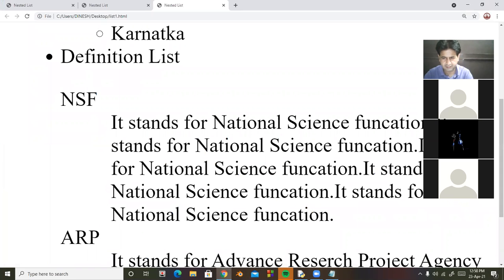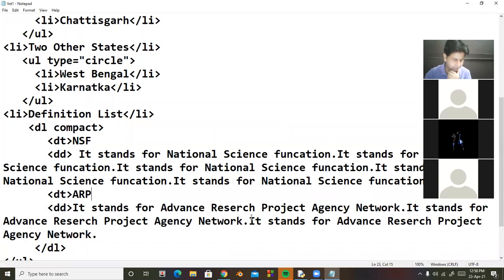I am checking this. What is the problem here? Compact. Otherwise, what is the role of compact? It may be due to a browser problem. The heading and the definition will be on the same line.